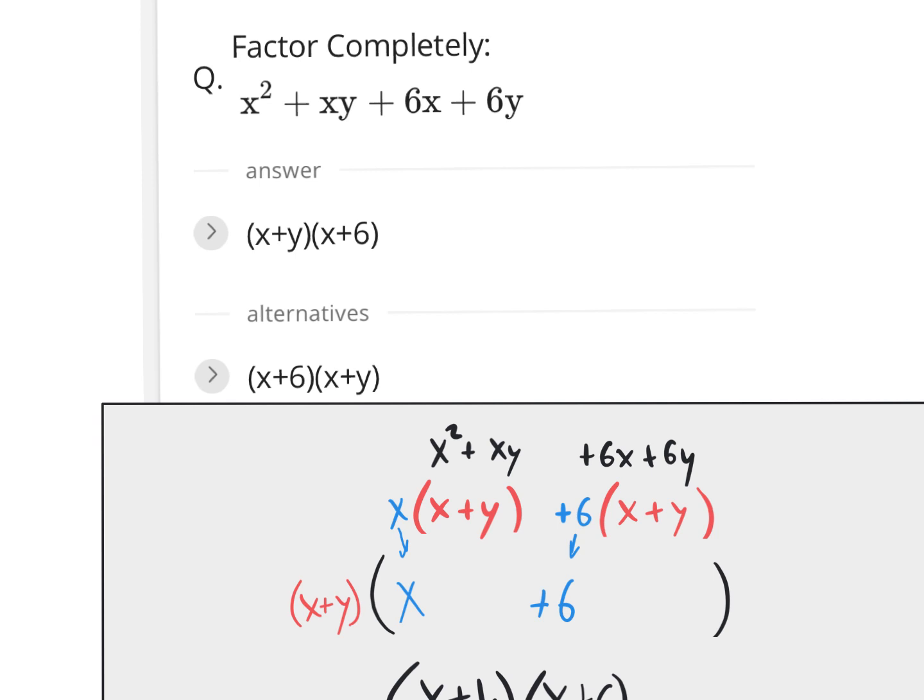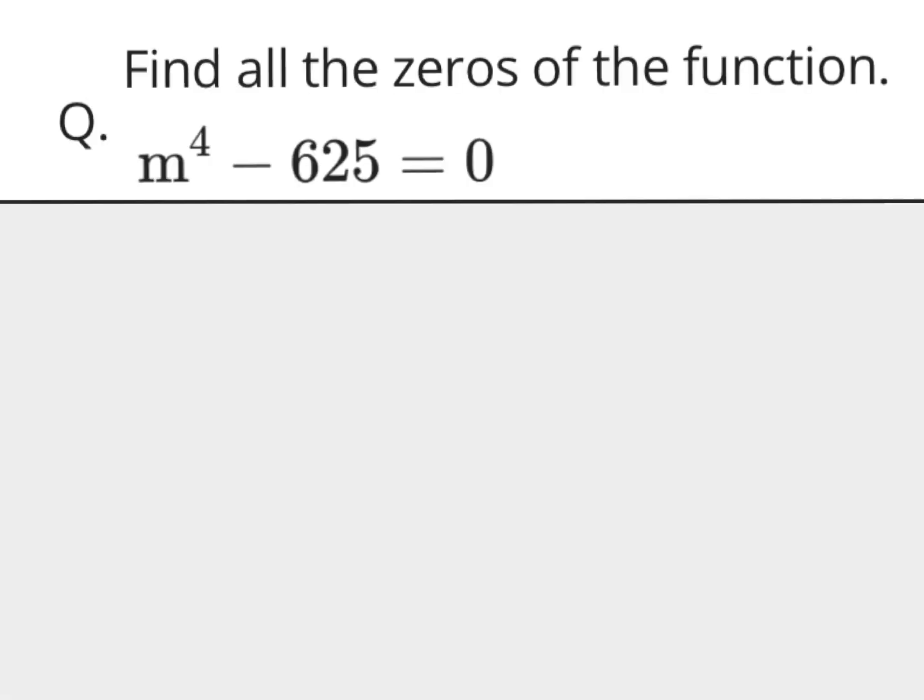Let's move on to the next question. On this next question, it's asking us to find all the zeros of the function. Zeros, x-intercepts, roots, they're all the same thing. They're all answers. They're all solutions. So they want us to solve this quadratic equation. There's many ways of doing it. You could